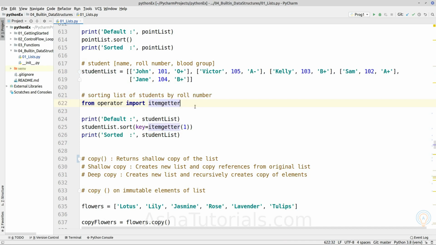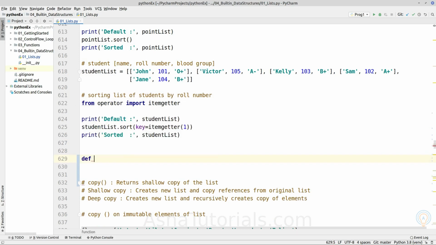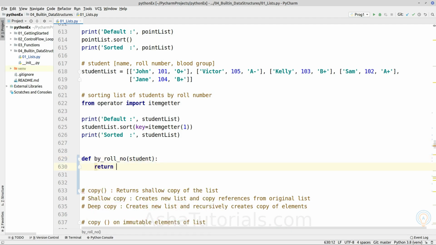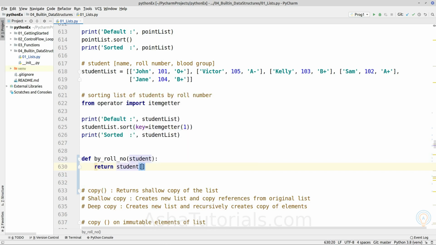The same way, if you don't want to use this, you can write a simple function which takes a student, which is a list, as an argument and returns the first index element.